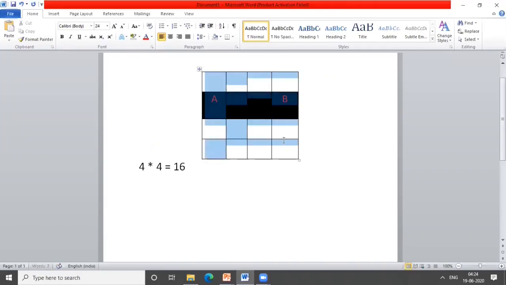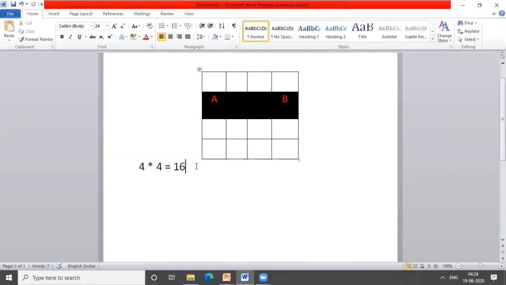Now let's assume that this is a black and white image. In case of a black and white image, we know that we have only two colors, black and white. So what will be the color depth for a black and white image? What is color depth? It is the number of bits assigned to each pixel to hold its color value. If we have only two colors, black and white, how many bits will be required to store the color information of each and every pixel? We will require only one bit.